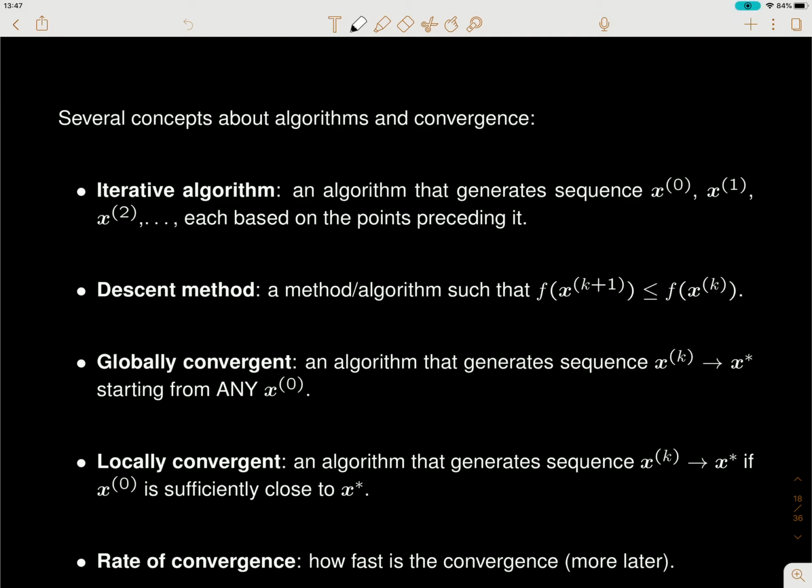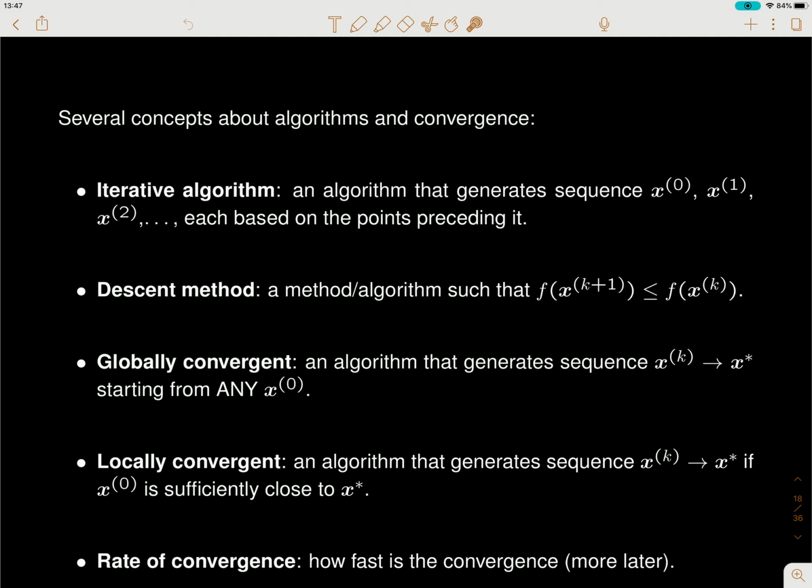Okay, before we dig further into the steepest descent method, we'll introduce several concepts about algorithms and convergence in general optimization problems. So when we talk about an iterative algorithm,